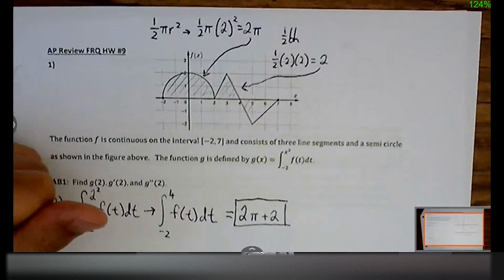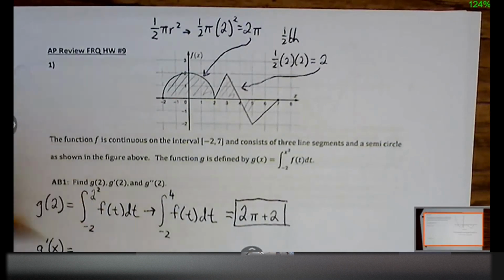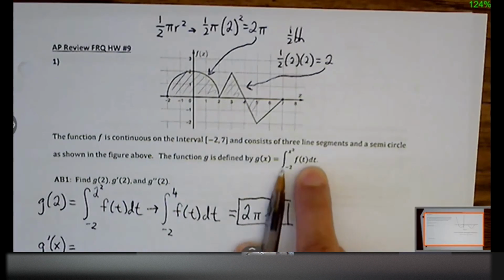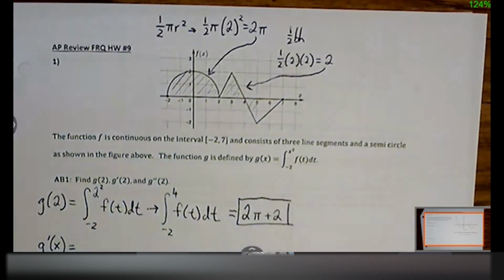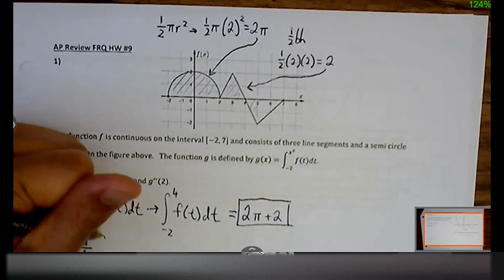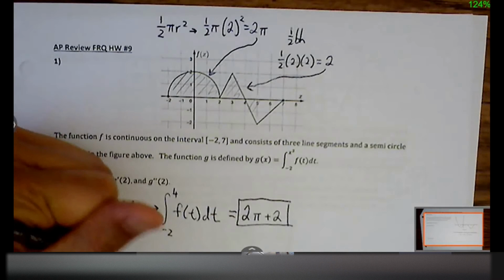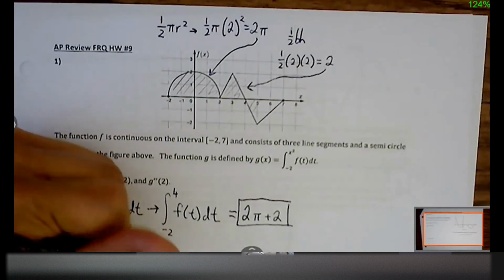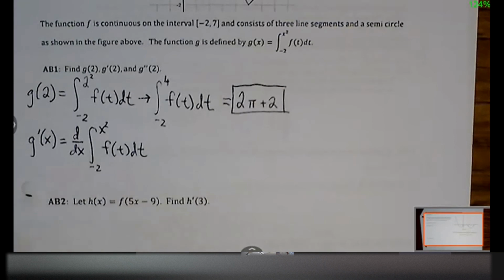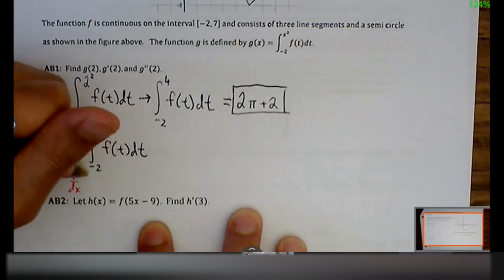Okay, g prime of 2. Before I can get to g prime of 2, I'm going to create what g prime of x is, because I've got to do something with that x squared there. So I need to involve the derivative of this integral. As a reminder, this is basically the second theorem. The second theorem says this. I'll put it in red so you can see what the rule says.